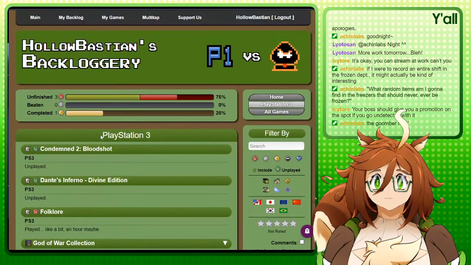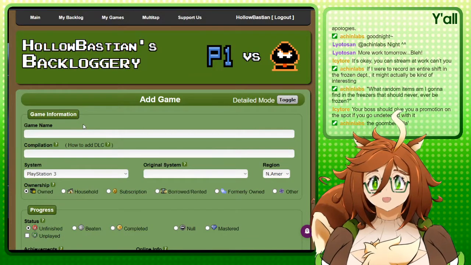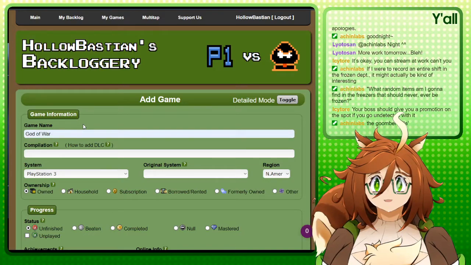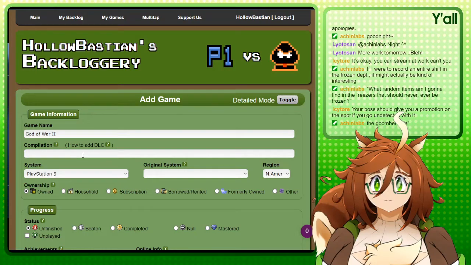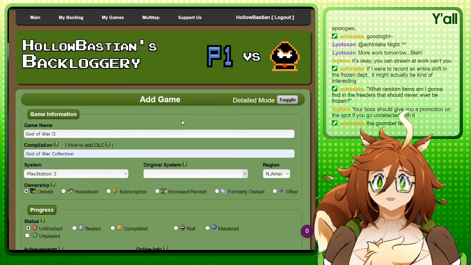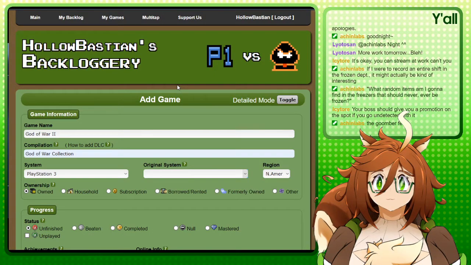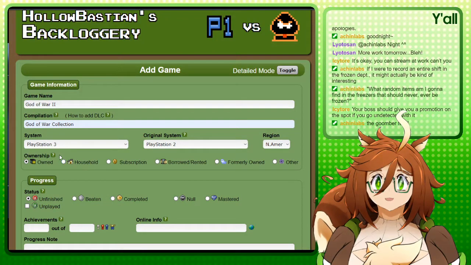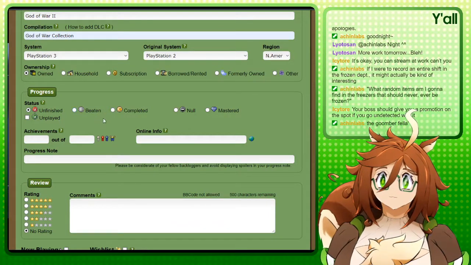Okay. So let's see. Let's go ahead and add another game, and in the God of War collection, we also have God of War 2. God of War 2 is also part of the God of War collection. It also was originally released on PlayStation 2. Where is it? PlayStation 2. And yes, I do physically own it. I also have... Okay, so that one...